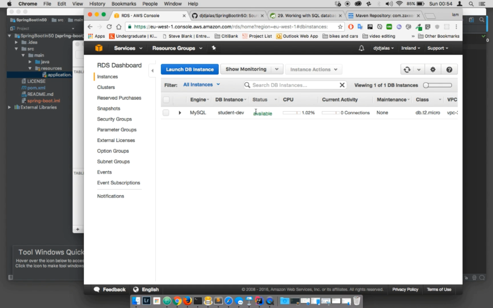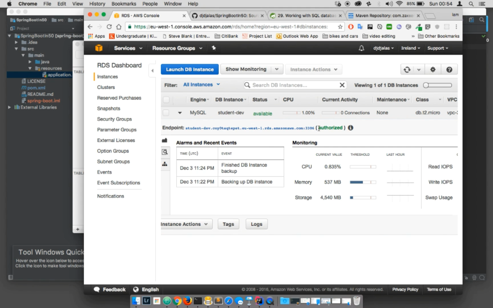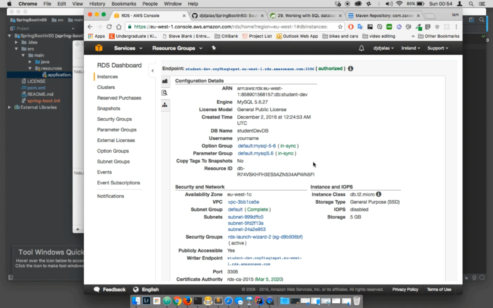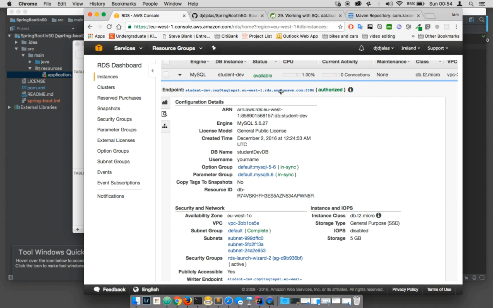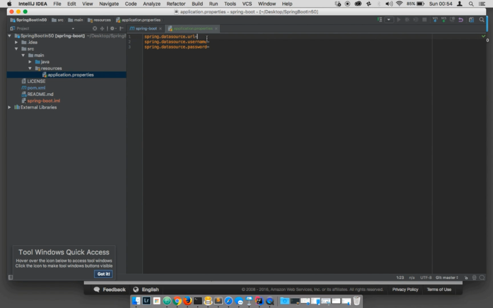It should be right here, and let me just expand this, and this is the endpoint. So remember, we have the endpoint right here. So we have the writer endpoint. I'm going to pick this one here because it has the port as well. So let me just grab all of that, Command C, go back, and then paste that in,